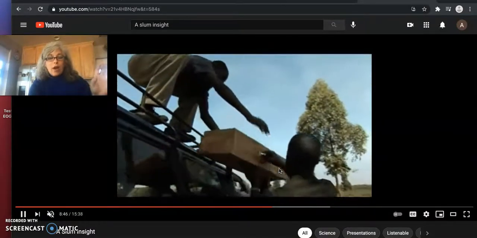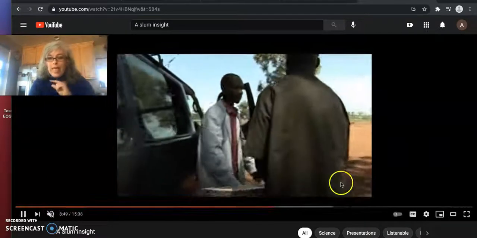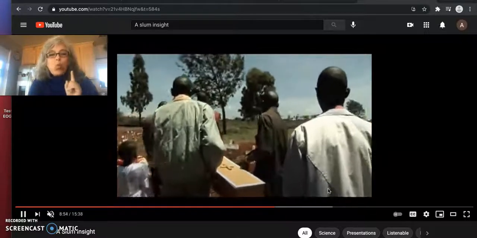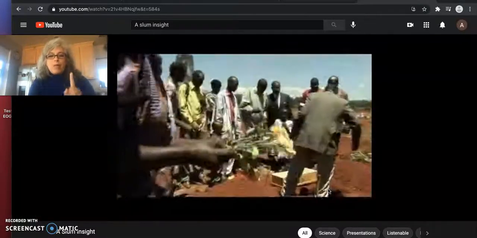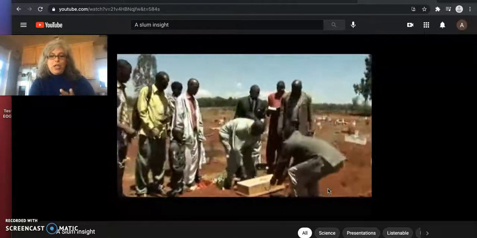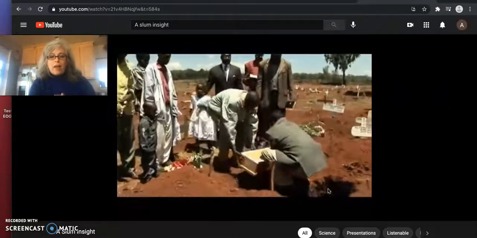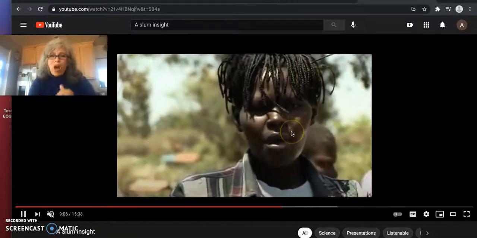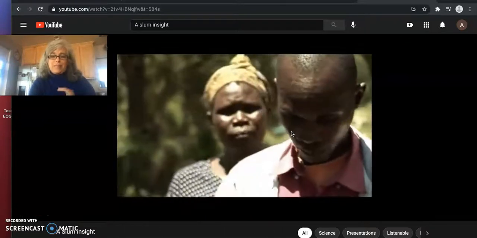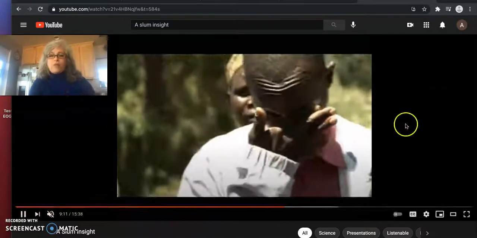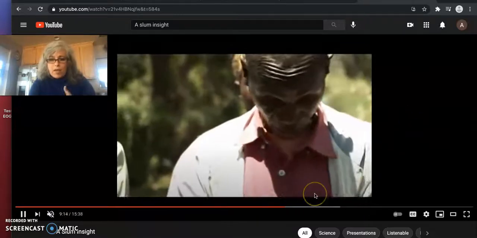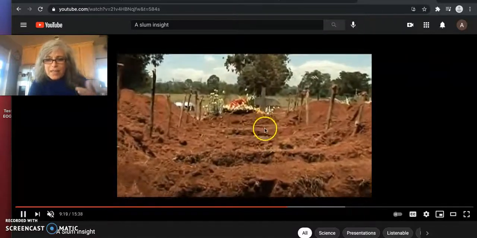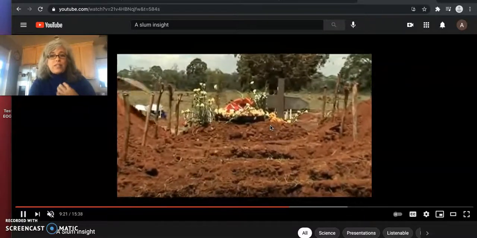And please pause right now and go get the Kleenex if you don't want to see 8 to 10 little tiny graves with tiny coffins in them. Because they don't just dig one. Because the human development level in this nation is so poor, the life expectancy is so poor, and the graves so tiny, because most often it's babies dying from this lack of infrastructure, from the absolute poverty conditions. So let's count how many graves when they show you a long way off. 1, 2, 3, 4, 5, 6, 7. Are there 7 in addition to the one they've just filled with his infant's body?